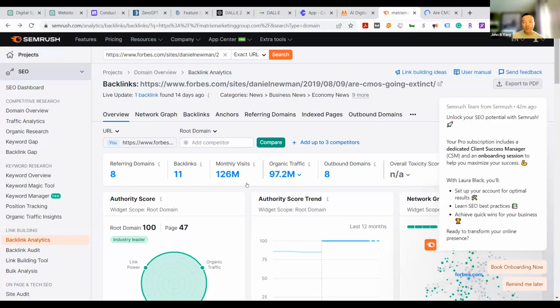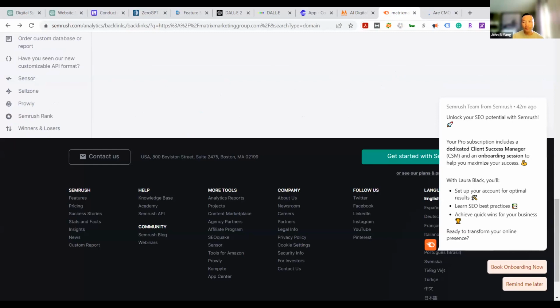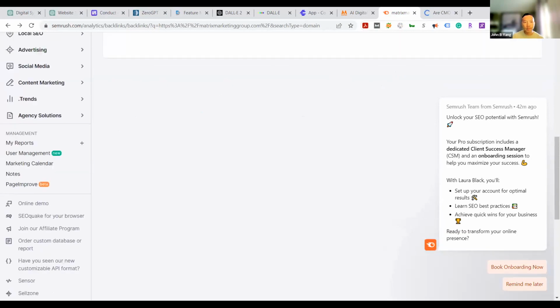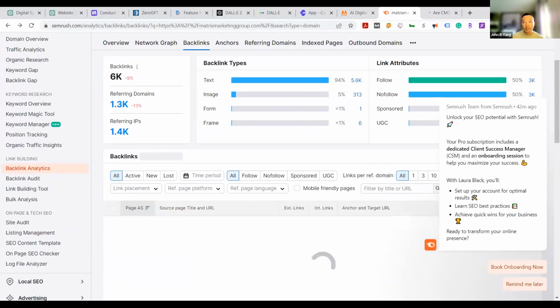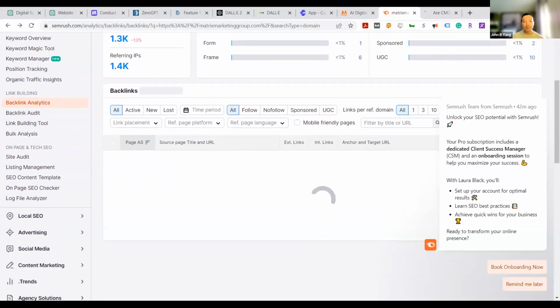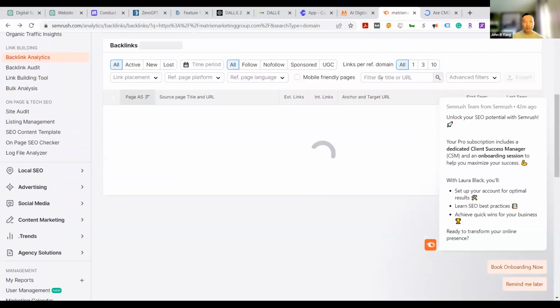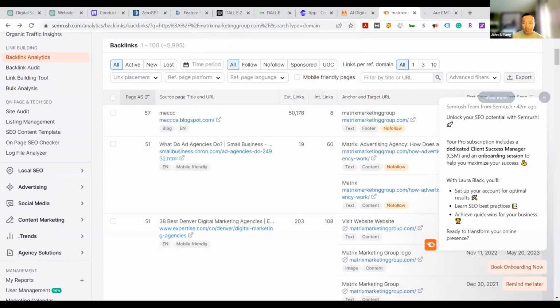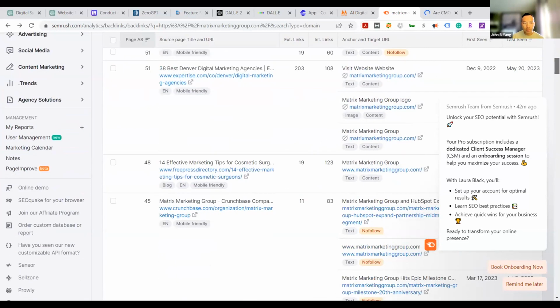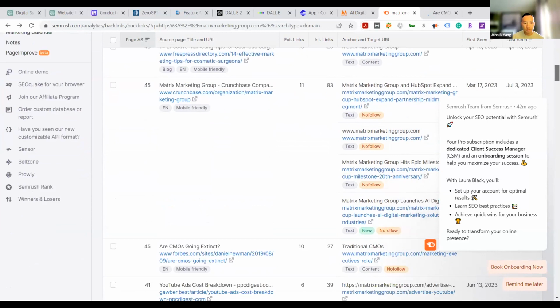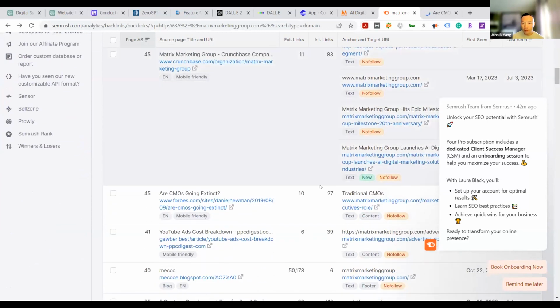I forgot to mention the anchor text too. So for links to come back to the website, there's probably going to be some type of anchor text. Anchor text meaning it's a word that has a hyperlink in it, right? It could be like click here, and it'll link to the particular website. So I'm trying to go back and find out what the anchor text is. So let's see, go down to Forbes. Looks like the anchor text is just